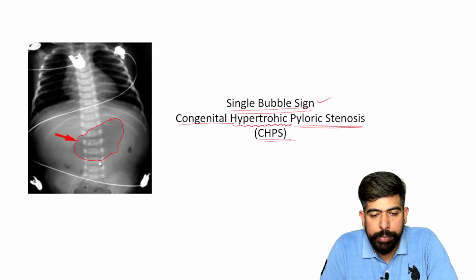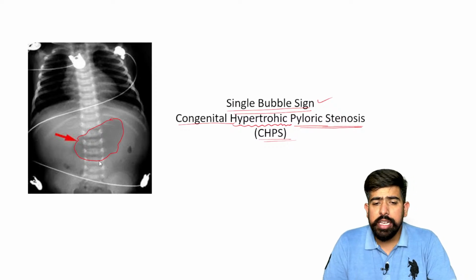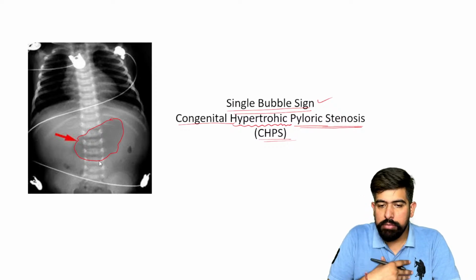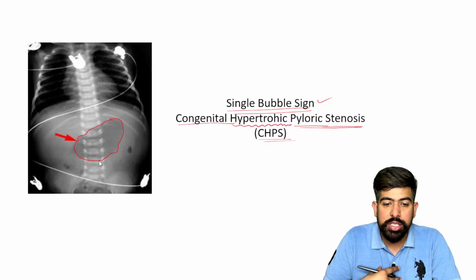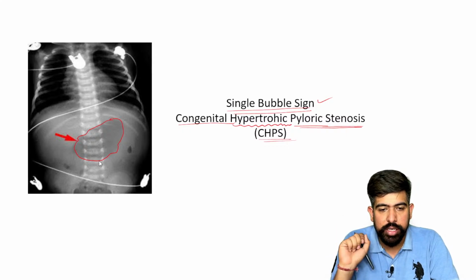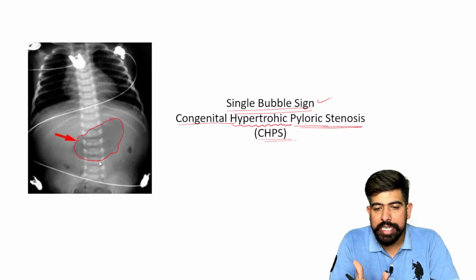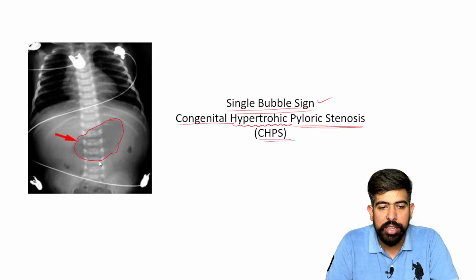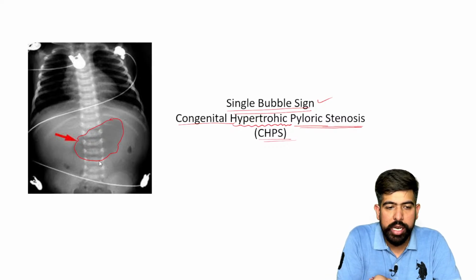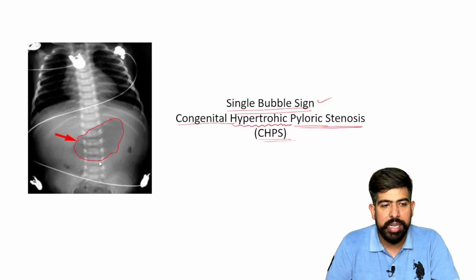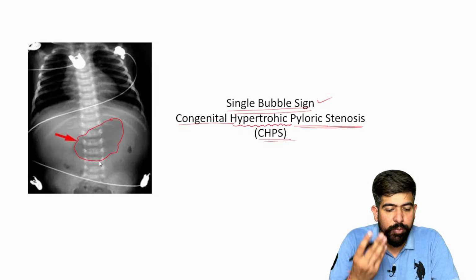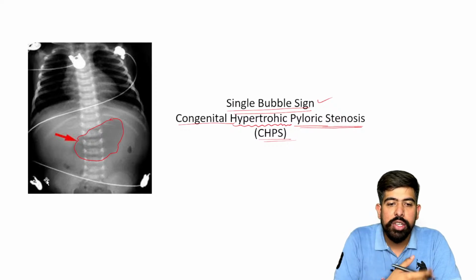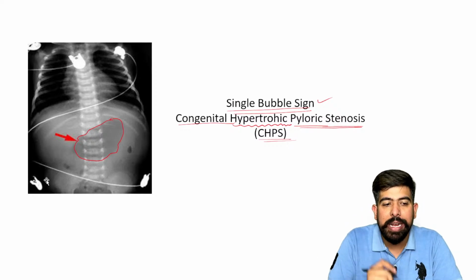So now what can happen? Doctor, if I'm breathing, air can also pass a little bit over there, right? So sometimes when we are doing the X-ray, we can see the intestinal air is also there. Normally we see gas formation under the diaphragm, right? Under the diaphragm, gas is seen normally. I will show you the X-rays. So this bubble is formed because the air is trapped over there and not passing further.